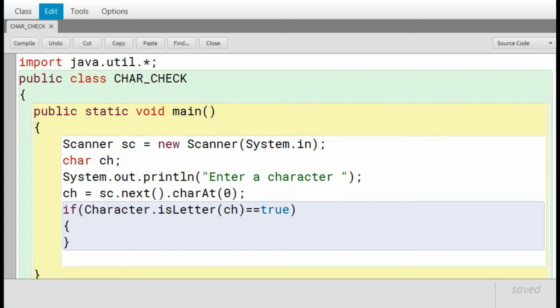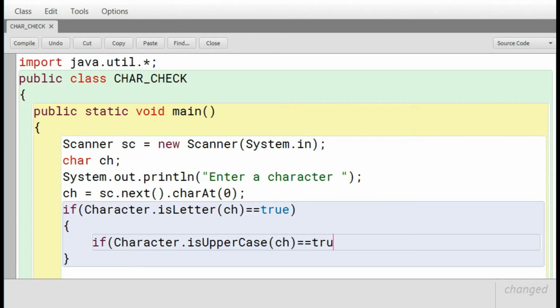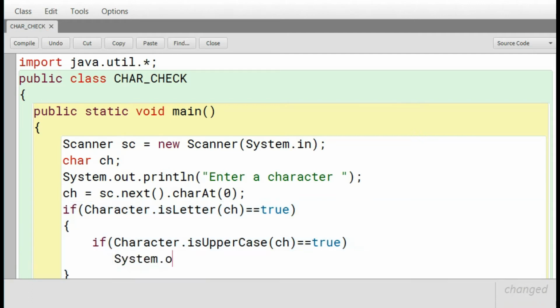What we have to write there, first we have to check whether the character is in uppercase or not. So again, if character dot is uppercase, that is the function that we will use here, is uppercase ch. Again this function also returns a boolean value, so we are checking if this function returns the true value, then we will print a message, it's an uppercase letter.